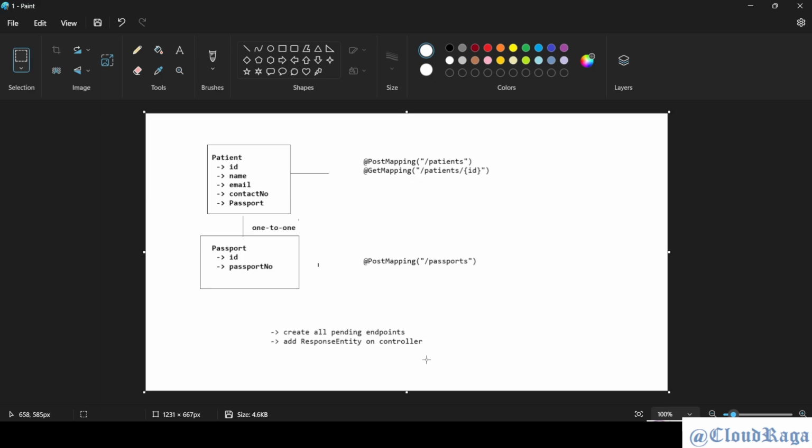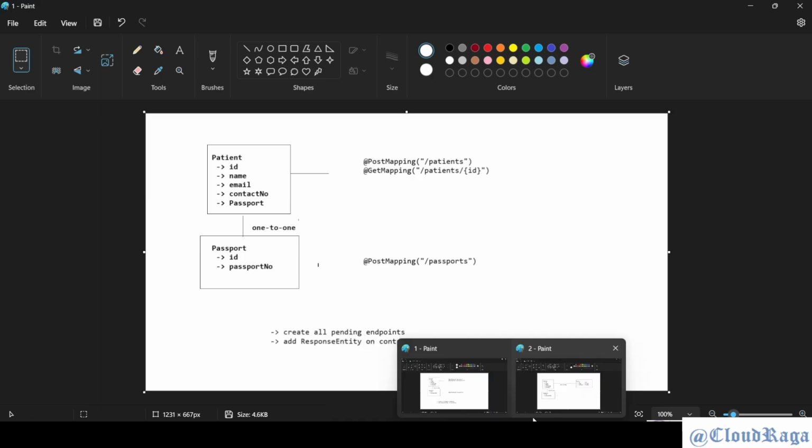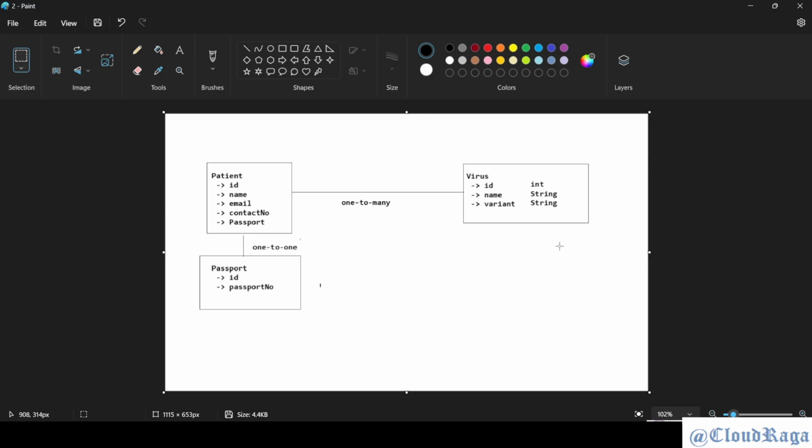Next, the original idea is that initially we need to implement this design: patient and virus. So we have completed the left section. Now we have to implement the right section, which has virus and some basic detail,